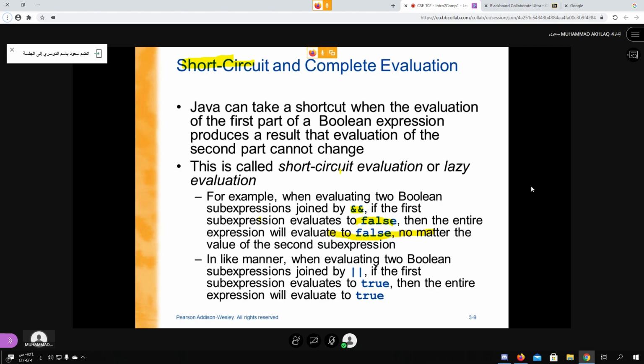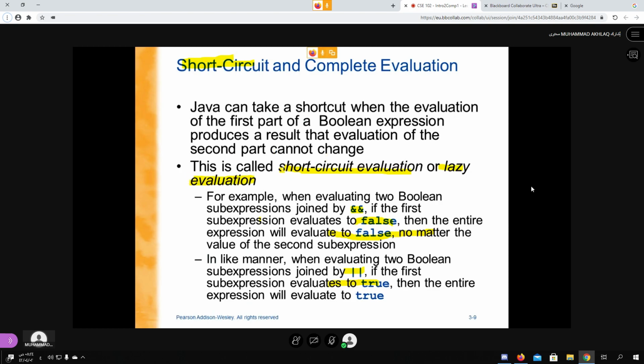If it is true, then of course they will check the second condition, because true and true is different, true and false is different. But if the first is confirmed false, then false and anything is false. That is why they don't check the second expression. Similarly, the same happens with OR. If the first expression is true in the OR case, whatever the second expression, the overall expression is true. But if the first expression is false, then you need to check the second. So this is called short circuit evaluation, or you can call it lazy evaluation also.